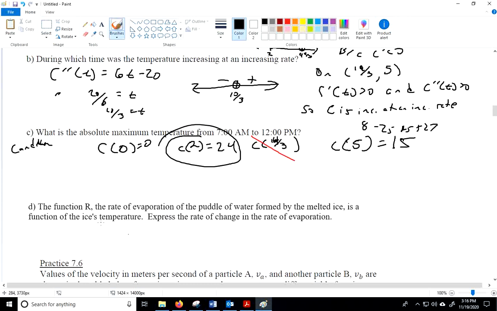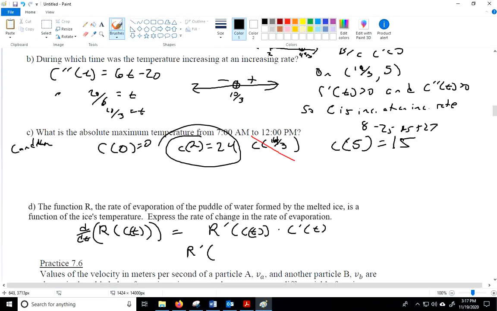So what we know is that R is a function of the temperature. So R is a function of the temperature, which is C of t. So the rate of change of this function, the d dt, would equal R prime of C of t times C prime of t. And you could go ahead and now plug some stuff in, but understand we don't know R, so we just